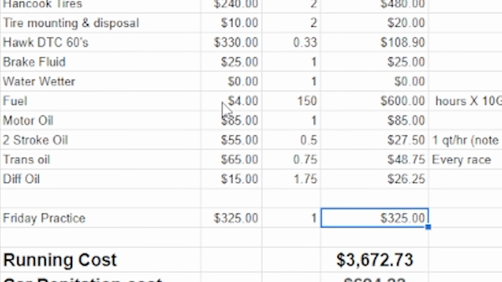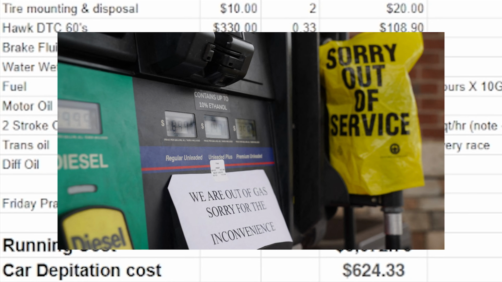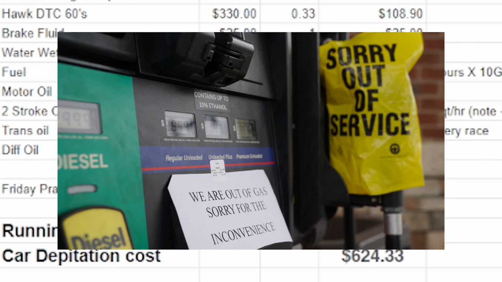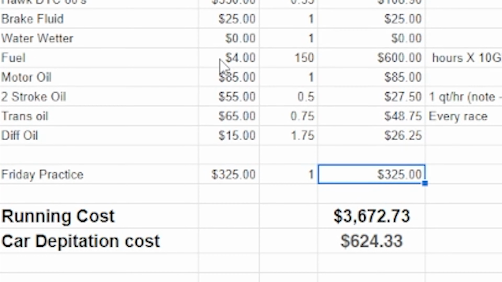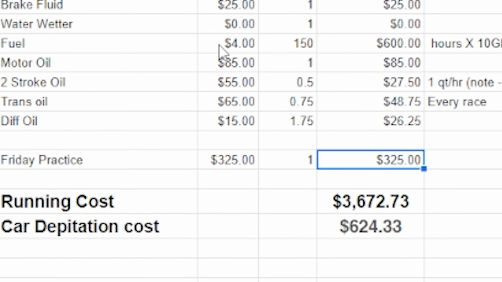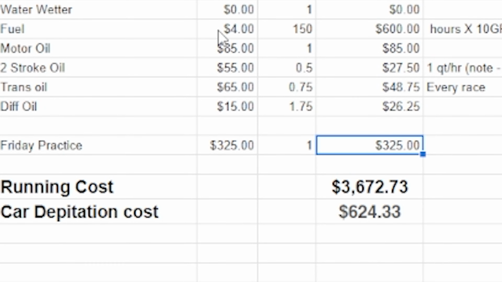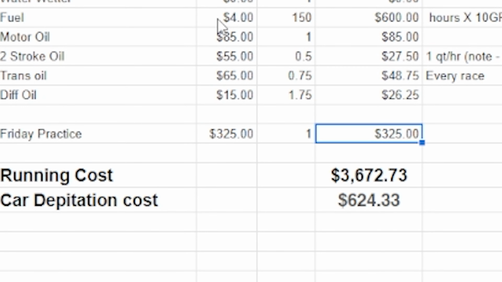So if you're running Friday practice, I tell people that my price does not include fuel for Friday. It does cover the race, and it is an estimate, but they shouldn't have to dig in their pockets at all. Everything is included. But you can see how things add up really quickly, and now your running cost is $3,672 plus your car depreciation. So your total cost now is